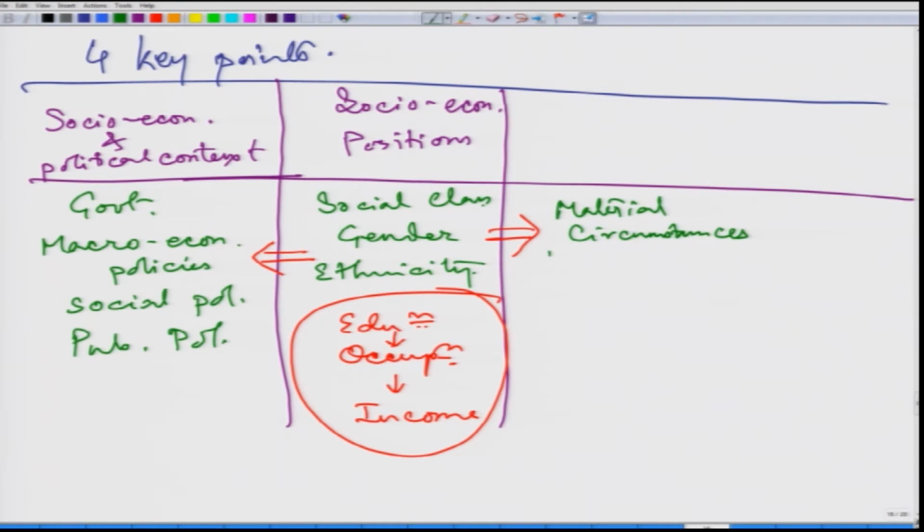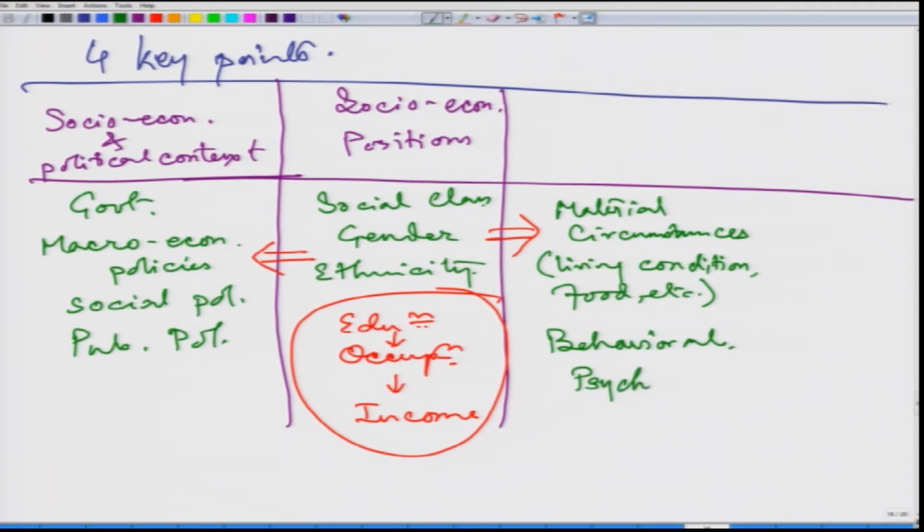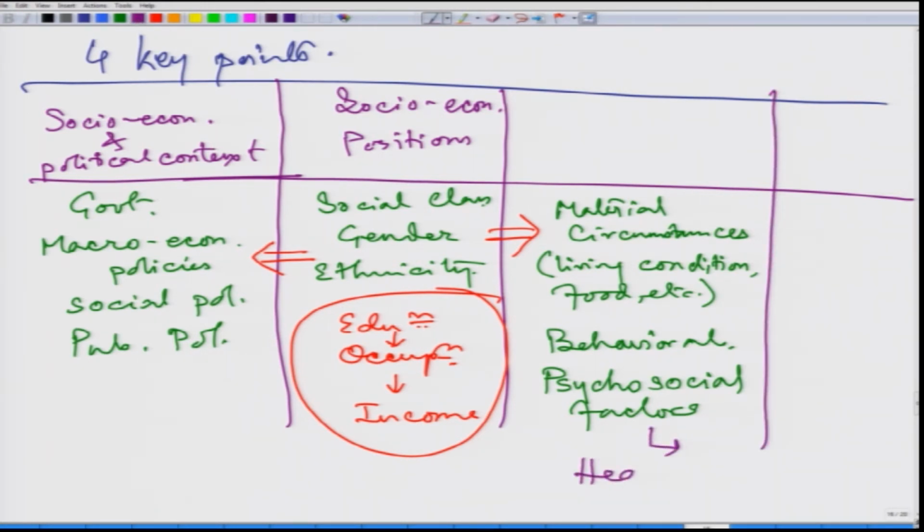That is the living conditions, food, and the behavioral aspects, which we can keep separately. And then the last one is psychological factors, or psychosocial factors, because with the social class the psychosocial factors will vary. With gender, the psychosocial factors will vary. And then this percolates down to the health systems,